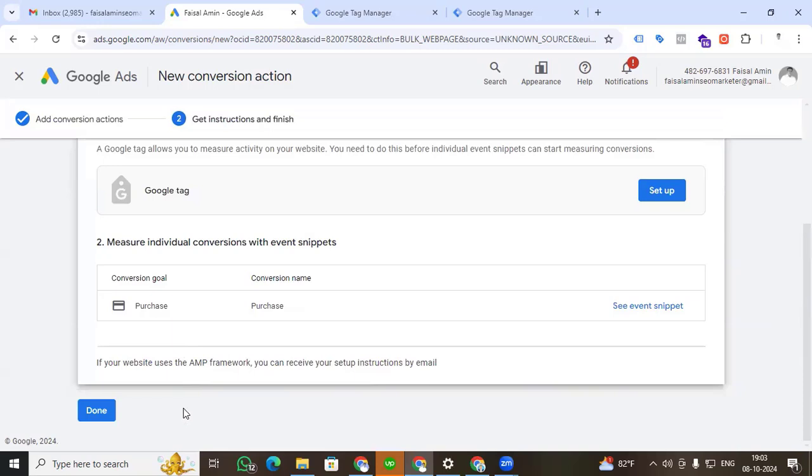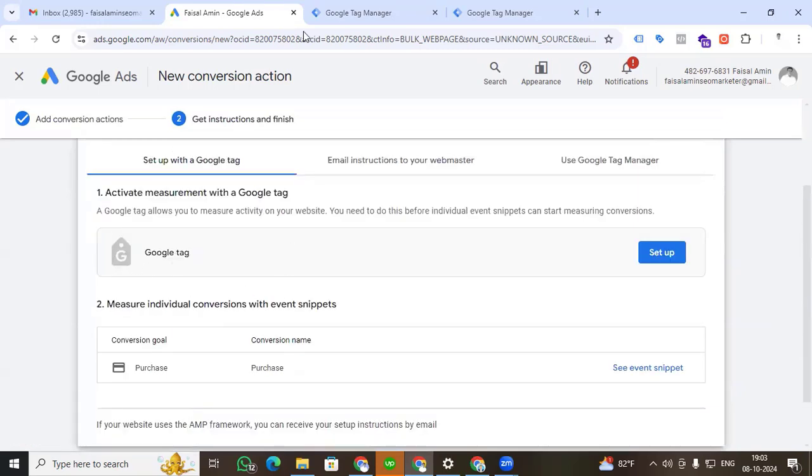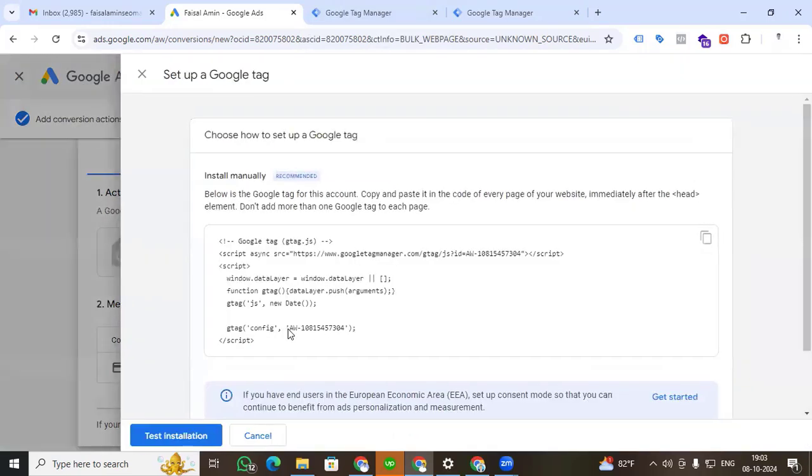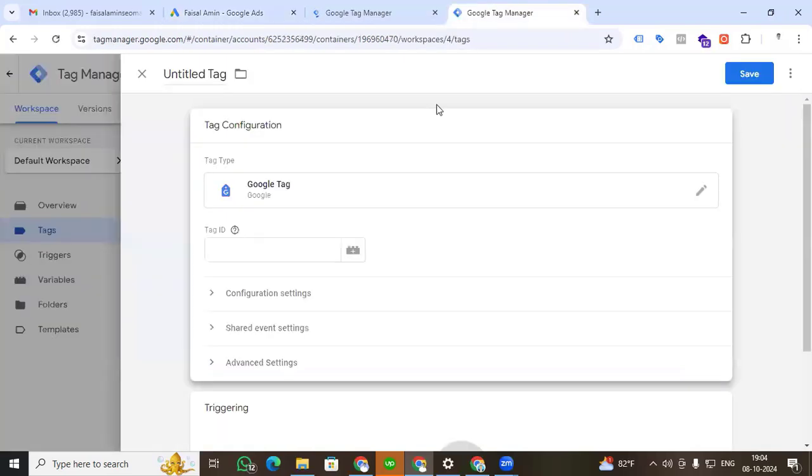Then you have to click done. But we have to set up the Google tag in our GTM container, so we click setup first. Here you can find the Google tag code. If you copy the Google tag code and go back to our Google Tag Manager, where we have an option to put the tag ID, we add the ID here, and you can also create a constant variable for that. So I am adding the tag ID,